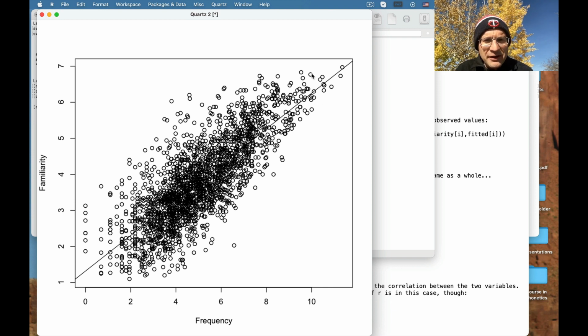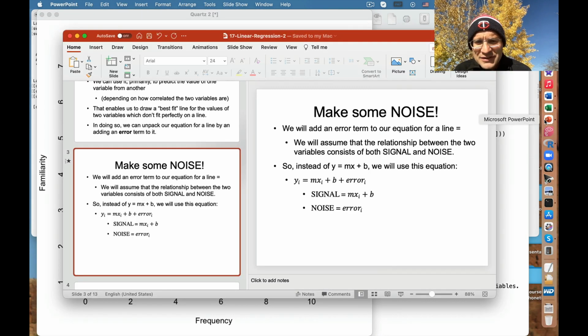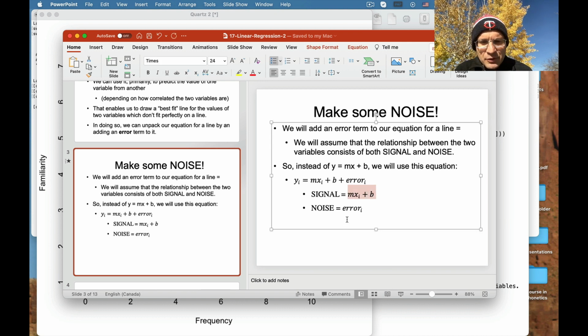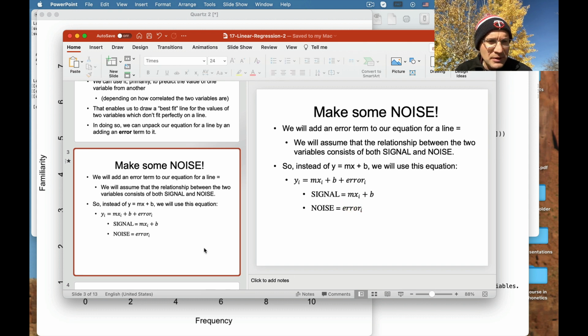But the way we're going to think about it is in the y dimension. So based on this x value, like 10, we're going to make a prediction that the y value should be over here, a little bit above 6. But what we get is this one up here. So that's the signal here. That's what we should be perceiving in the noise of life, I guess. And what we're actually getting is a little bit off of that. So there's an error term on top of the signal. But mathematically, what we can do is split it up like this, where the basic equation for our line gives us the signal, and then there's an error term on top of that.